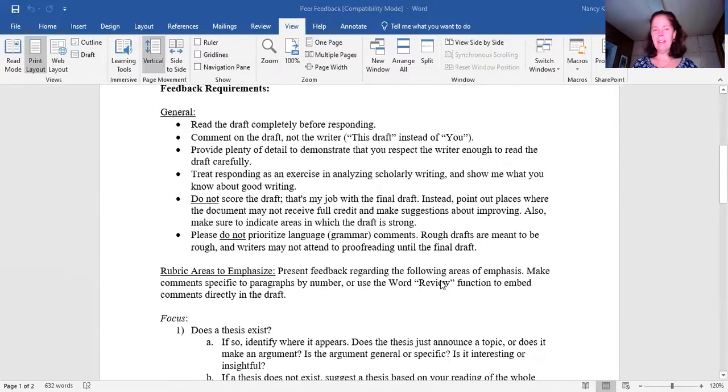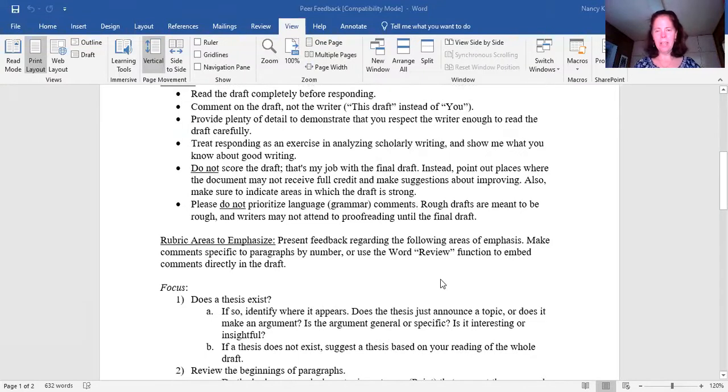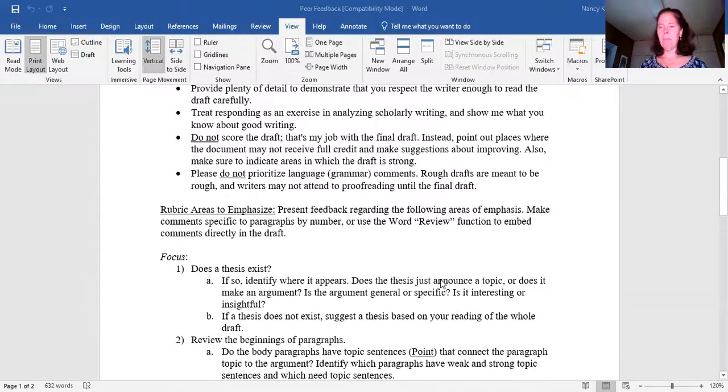Okay, so the areas that I would like you to comment on, and we'll practice doing this today. Is there a thesis, right? That's the main question with focus. Where does it appear? Is it in the last sentence of the first paragraph, which is where oftentimes thesis statements